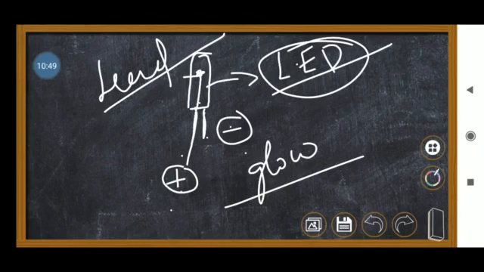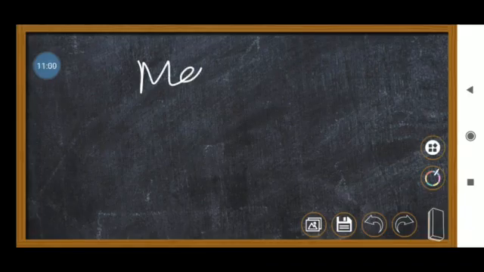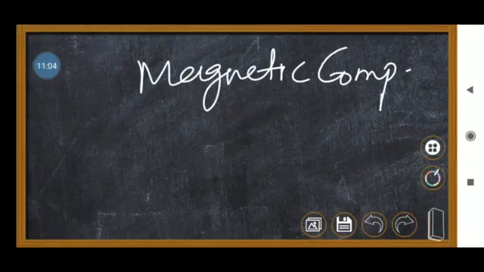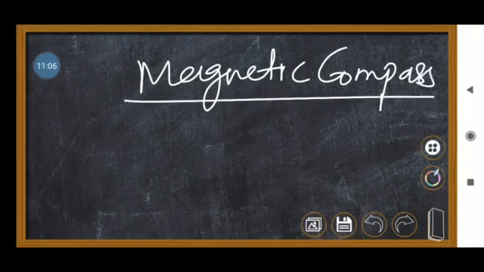How can we check, sir? One way is to take an LED bulb. Another way we can check is a magnetic compass. So we have to take a magnetic compass. How can we connect this one? How can we check whether, in this particular circuit, that small amount of current is going or not?